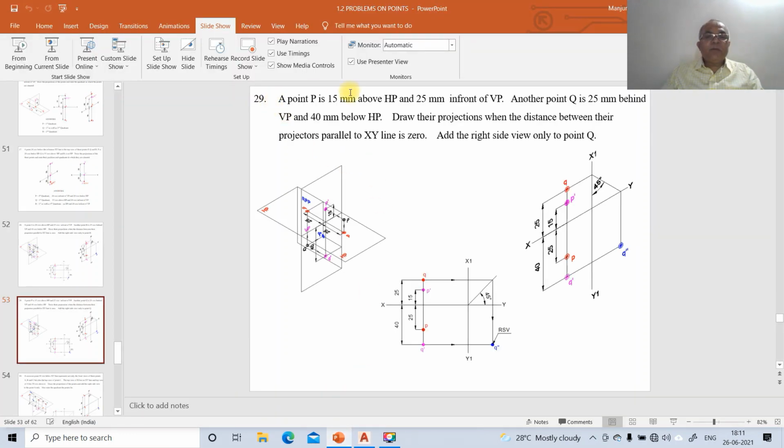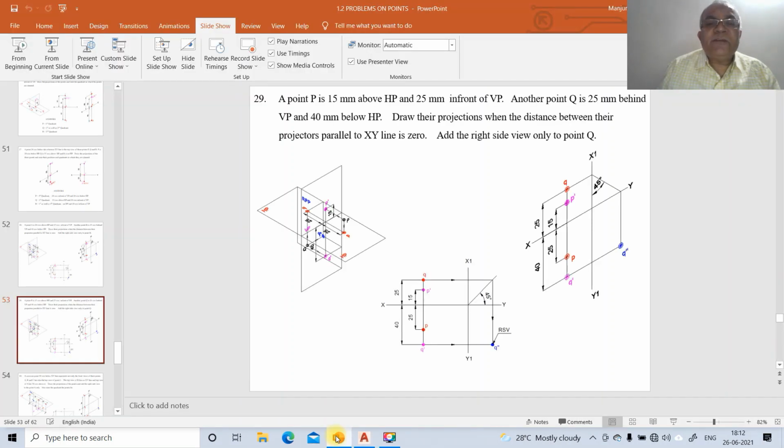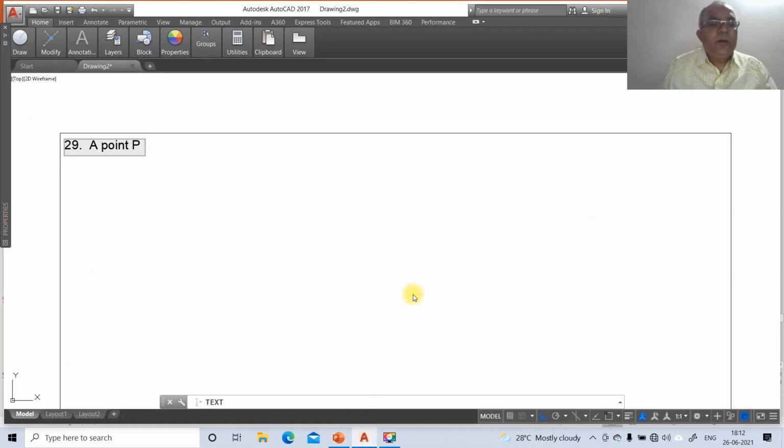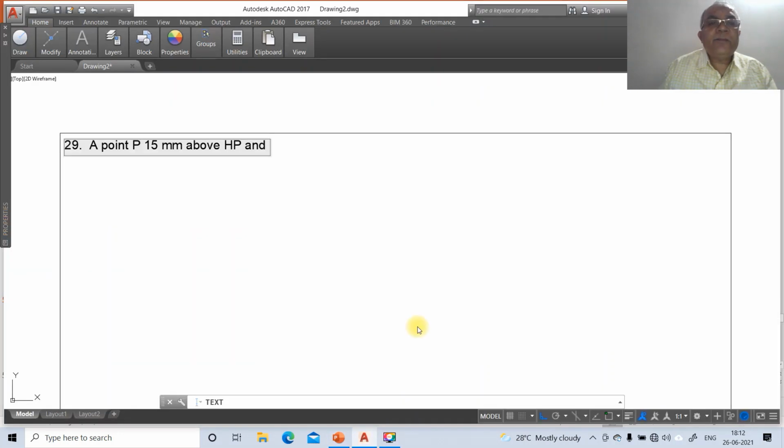And now we're going to type this problem, number 29. A point capital P is 15 mm above HP and 25 mm in front of VP.